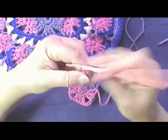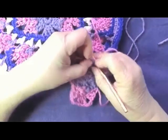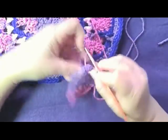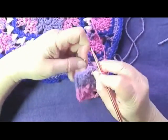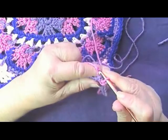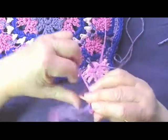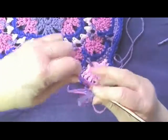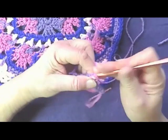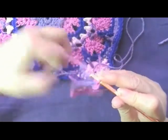2, 3, 4. Stick the loop through, making sure you're on the front side. Come here, you. Put the hook through the first loop. You loop through, slip stitch, out of there,